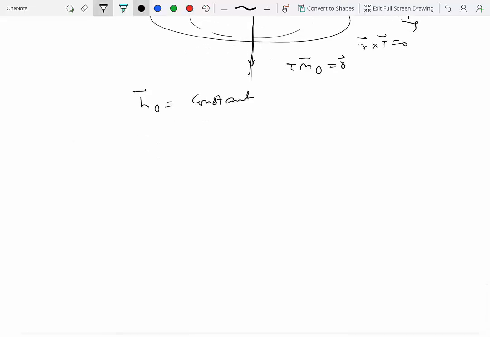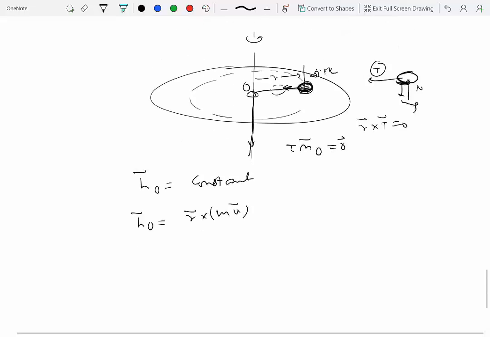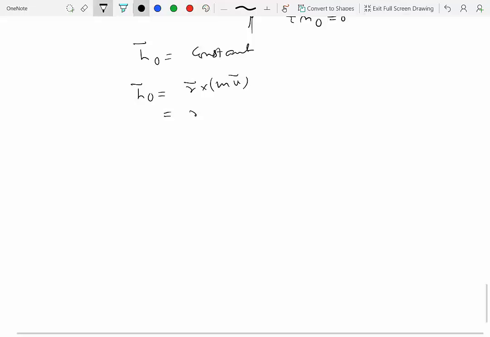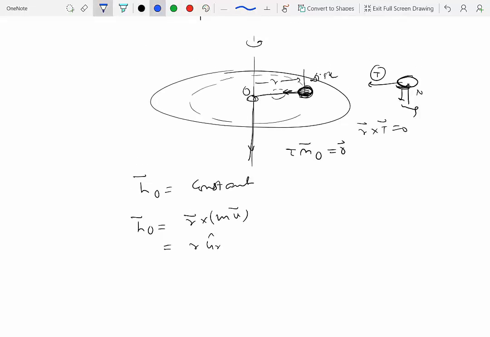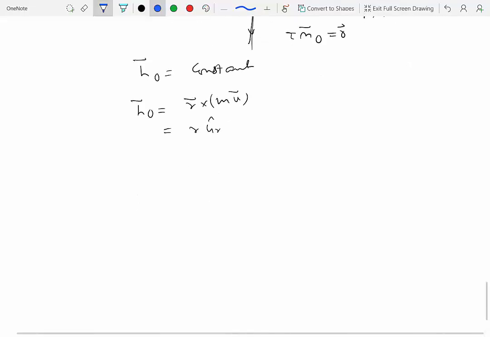Now, what is the definition of angular momentum? The definition of angular momentum is R cross mv, right? R is this position vector, so we'll write that as R u_r hat. I'm going to pick u_r hat to be my radial direction. And then of course I also have u_theta hat, which is perpendicular to this. So R u_r hat cross m times